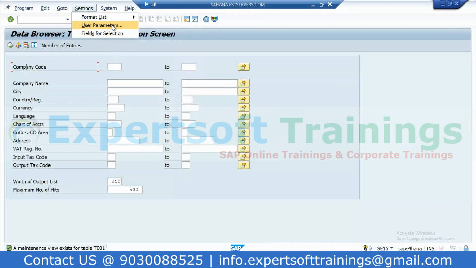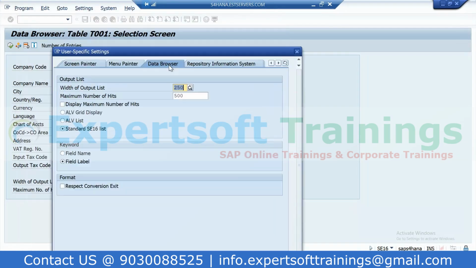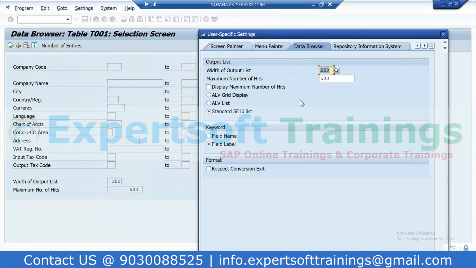Yeah, user parameters. वेरी गुड, क्लिक ऑन यूजर पैरामीटर और एक छोटा सा बॉक्स ओपन होगा, कीवर्ड के अंदर अभी कौन सा सेक्शन सिलेक्टेड है? फील्ड लेवल। वेरी गुड। और अगर मैंने इस पे सेलेक्ट कर दिया तो इसका क्या नाम आ गया? फील्ड नेम। तो ये है टेक्निकल फील्ड नेम, राइट?